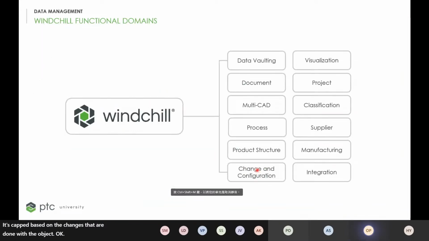The change management process will happen while we move in production, while we can no longer make a change, when the state allocated to the object will not allow us to make the change anymore. About this in further detail, we will discuss a bit later. Project management for the project collaboration with external partners, classification, we can have classified data, supplier management, keeping the sourcing